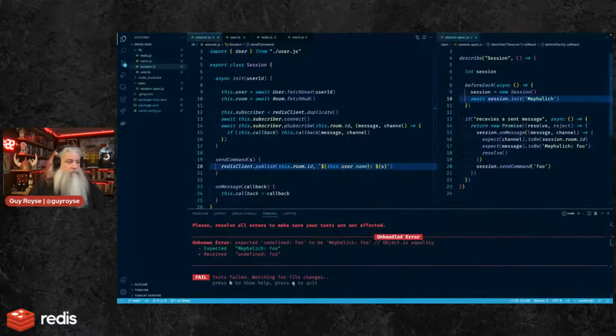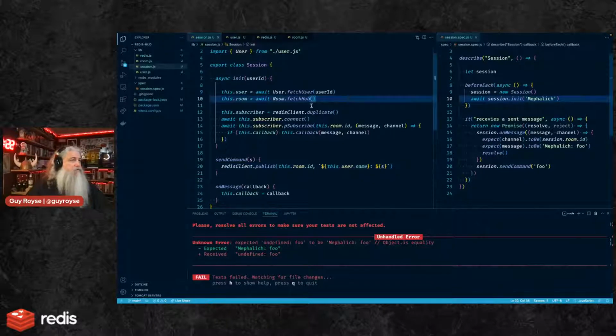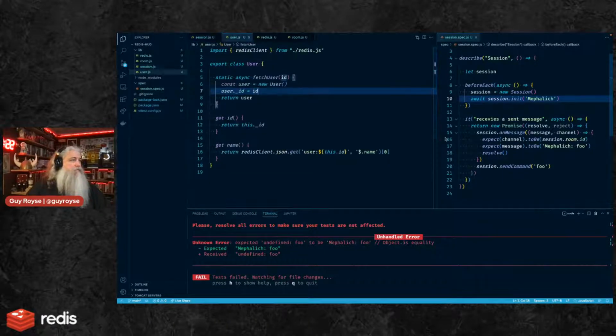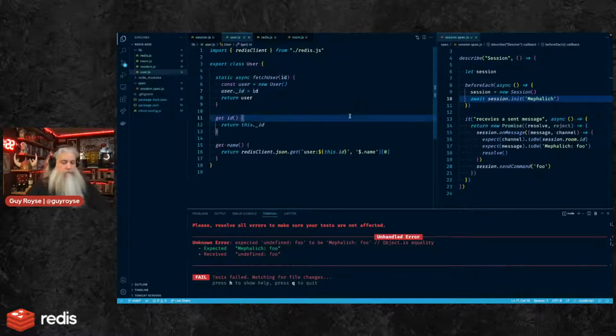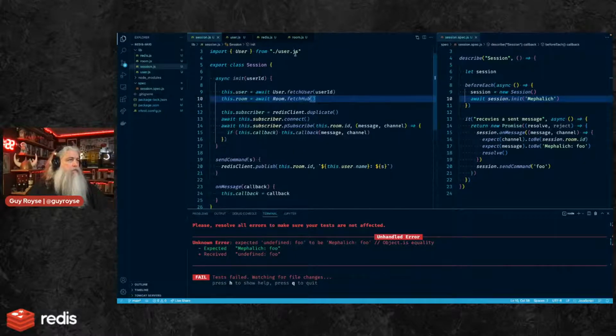And that didn't work for some reason. And my spec, that's because the ID is wrong.